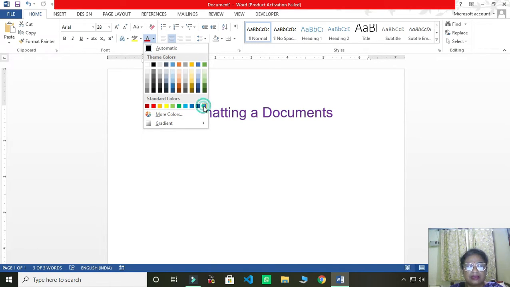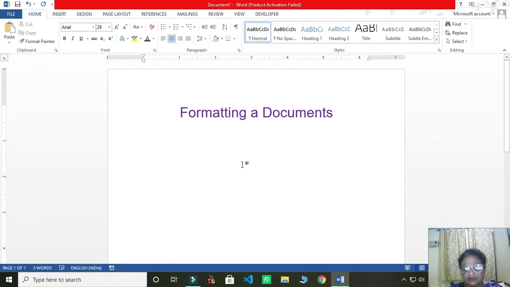Just now I am choosing this purple color. So this way you know how to change the color also. The most important part is how you go to these options: Home tab, group, and then font color.